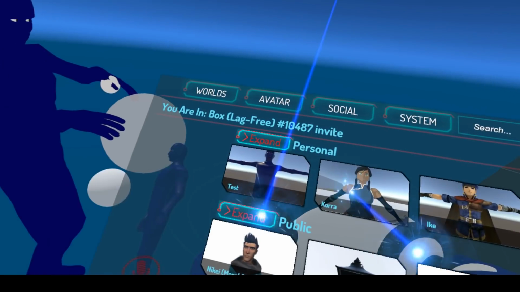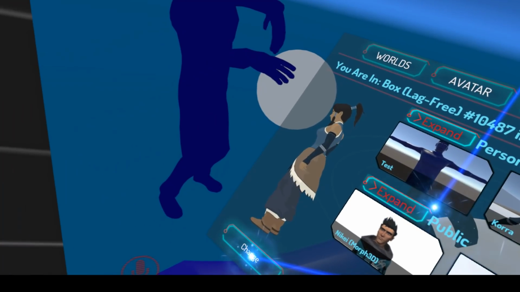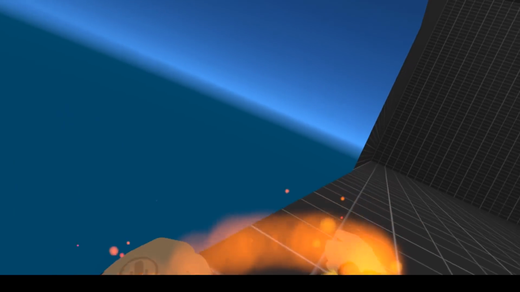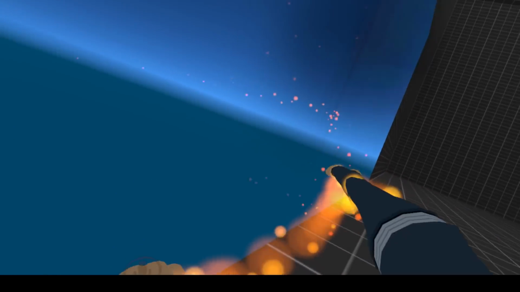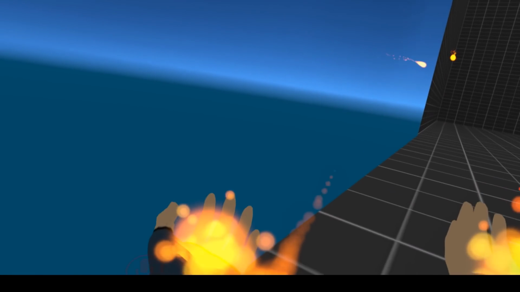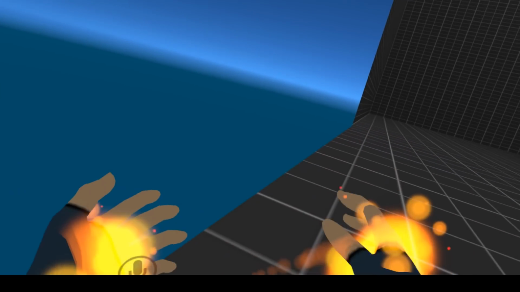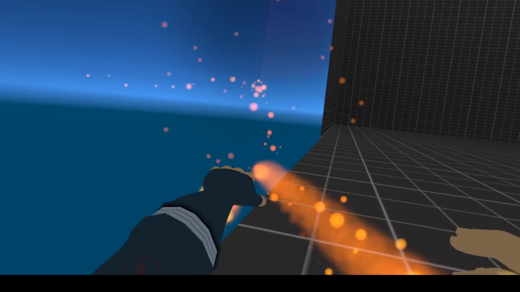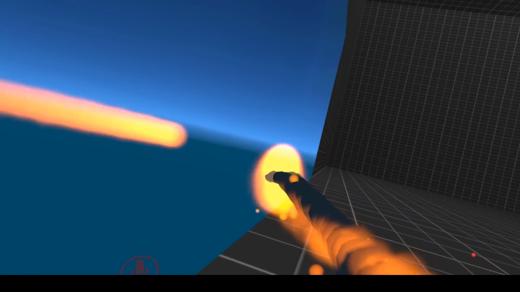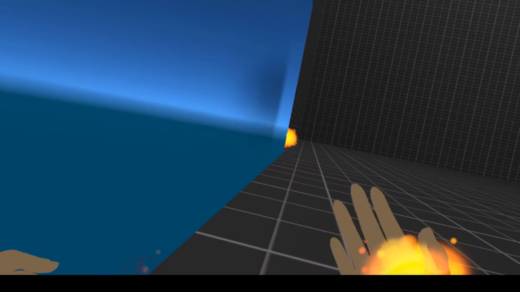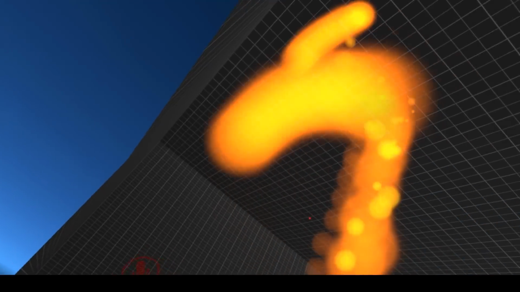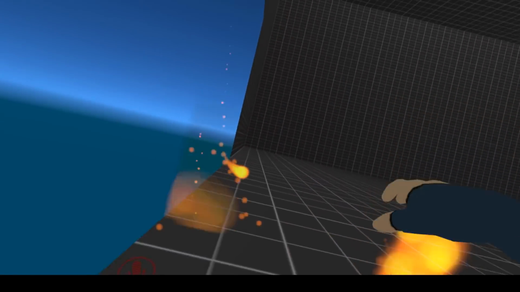Here, let's see how I've done another avatar, working on it. An actual avatar. No trigger, no gestures. Of course, I have the gesture to activate the fire, but once the fire is active, it has a trigger for shooting off the fireballs. I've also got this. I need to fix the timing on it, but